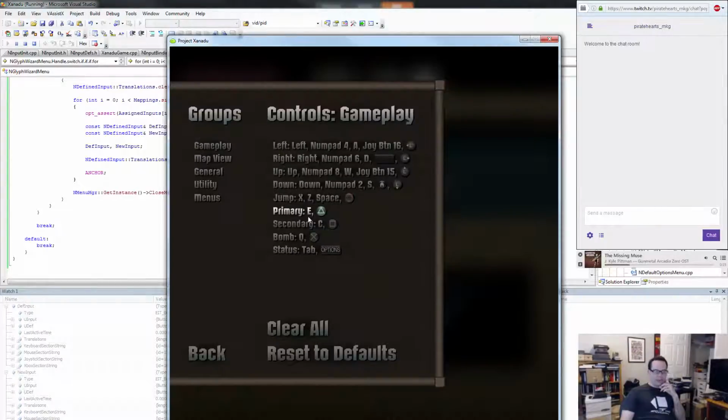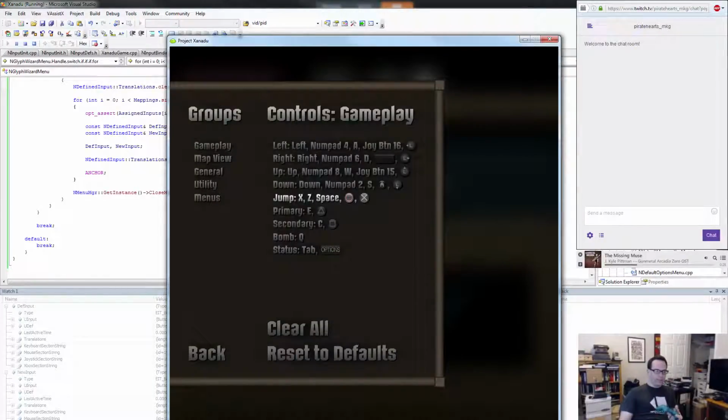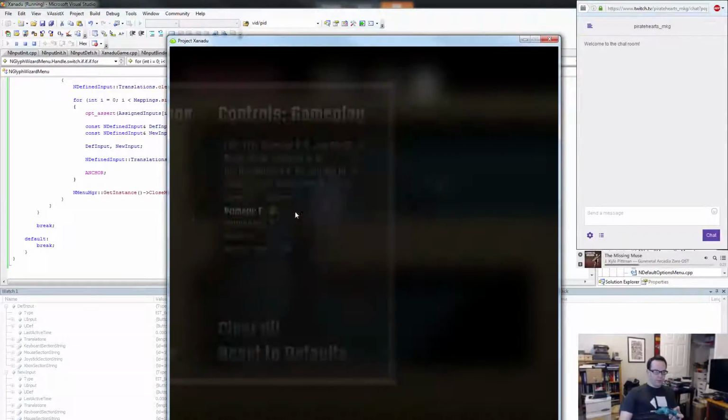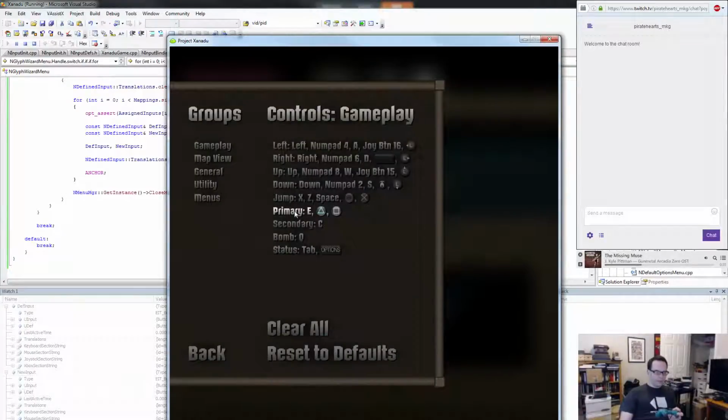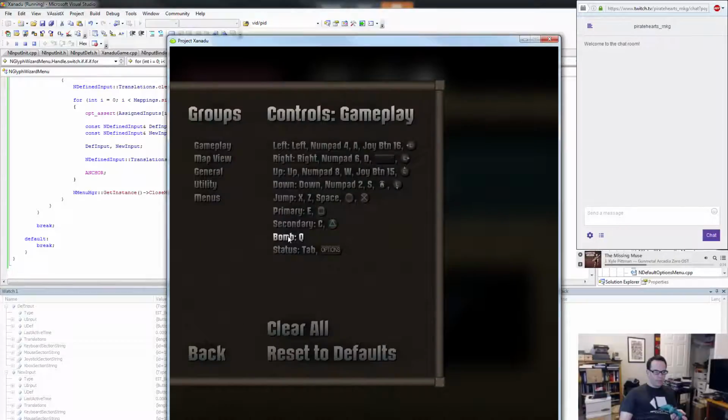I may or may not consider that to be within the scope of this problem. What I should be able to do now is say, okay, jump, press X, yes. Primary, press square, yes. Secondary, press triangle, bomb, press circle. Okay, so now the buttons that I was pressing on the face here map correctly to what is showing up here,